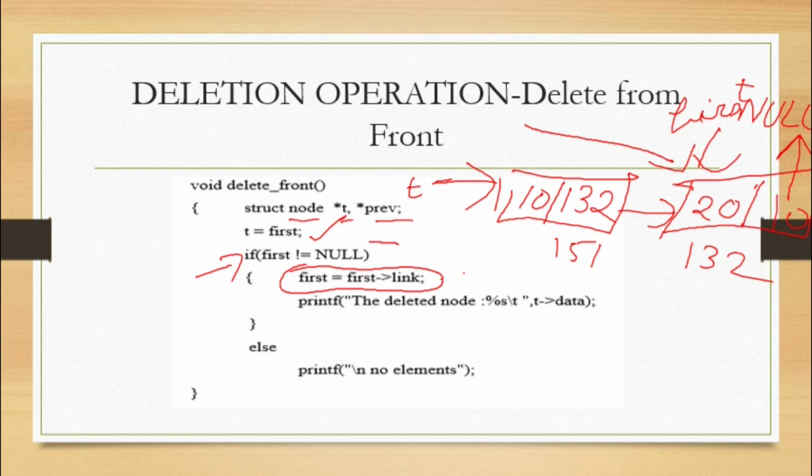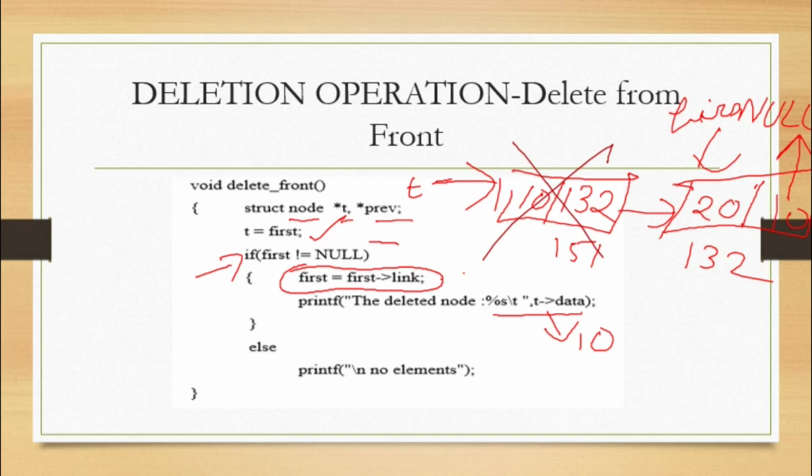That is why we had created t. And what is t of data? Now t of data is nothing but 10. So this will print t of data, which is 10. And our first has already moved here, the first which was in the previous node. So this is our previous first, and this is our current first. So this one node will be no more.